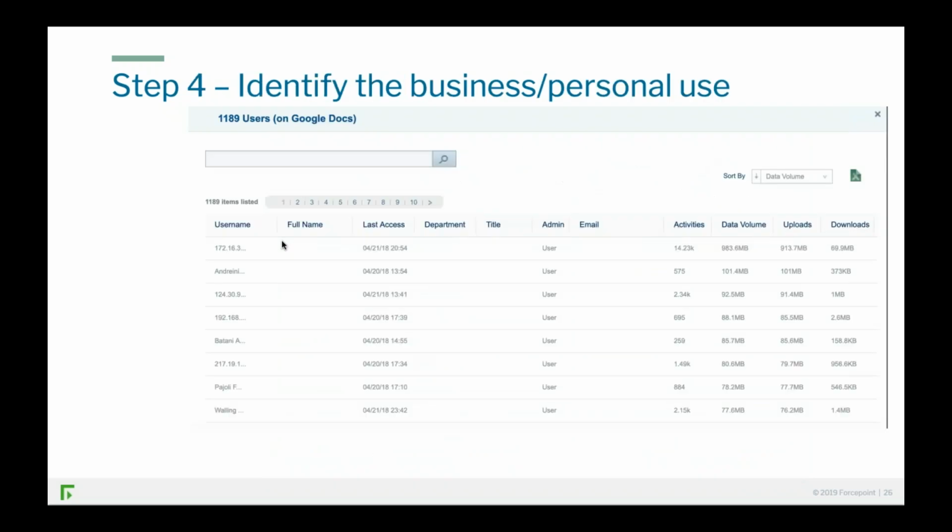But more importantly, talk to the users, right? Why did you upload lots of data to Google Docs? Just go and talk to them. Say, look, we're not criticizing you. It's not negative. Just give us an idea. And if the answer is it's my pictures of my kids at a party, well, then the business needs to make a decision whether that's appropriate.